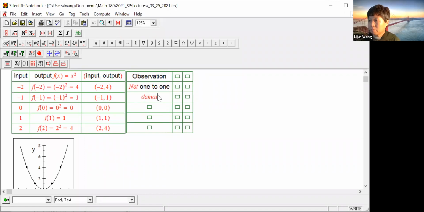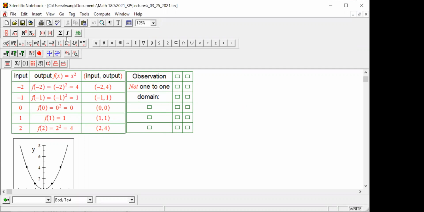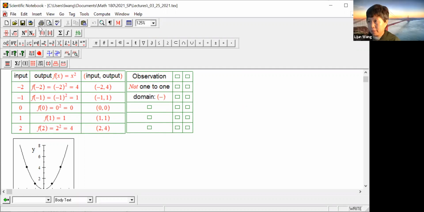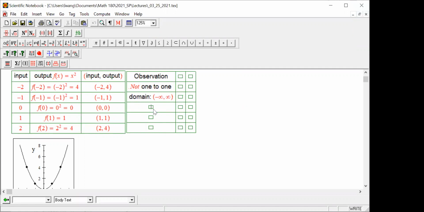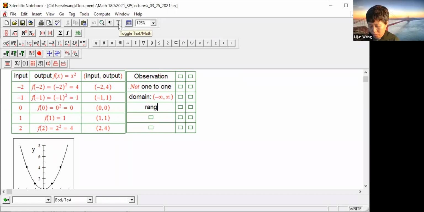The domain. What's the domain? All real numbers. Negative infinity to positive infinity. Very good. What else? Then the range would be a bracket 0 and then parentheses infinity. Very good. Range,